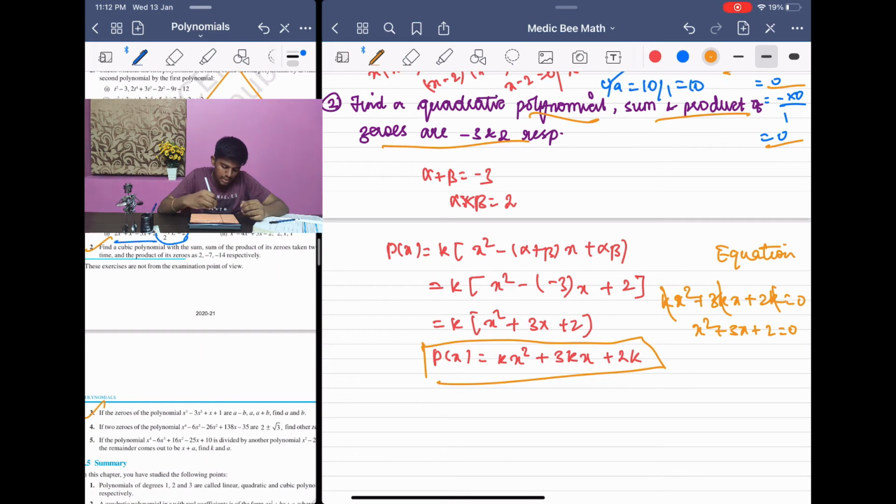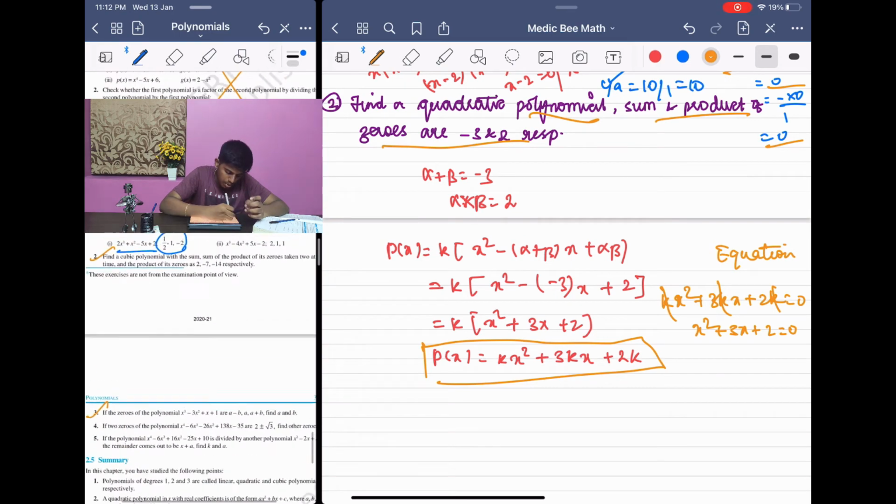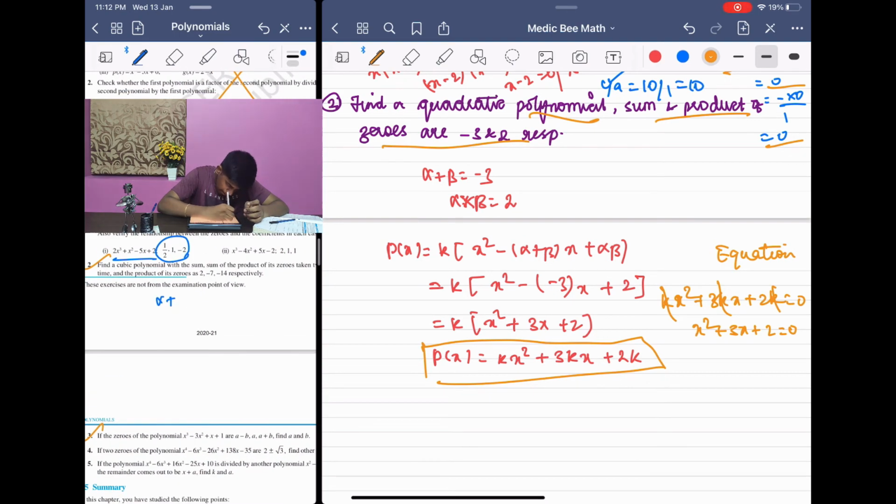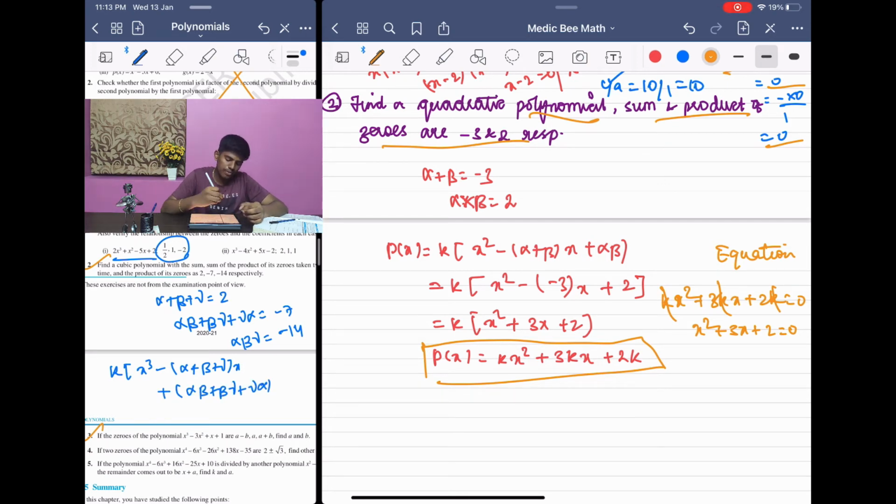sum of the product of zeros taken 2 at a time and product of zeros given. Alpha plus beta plus gamma equal to 2, they have given. Alpha beta plus beta gamma plus gamma alpha is -7, they have given. Alpha beta gamma equal to -14, they have given. So as I already said, what will be the form? K into x cube minus alpha plus beta plus gamma into x squared plus alpha beta plus beta gamma plus gamma alpha, which is the sum of products of zeros taken 2 at a time, into x,